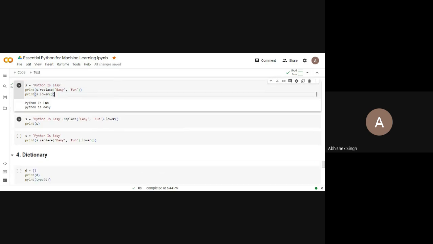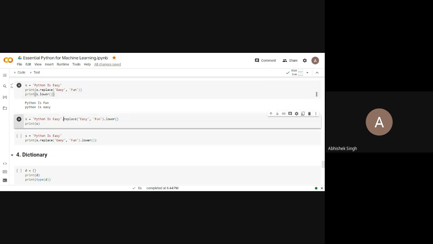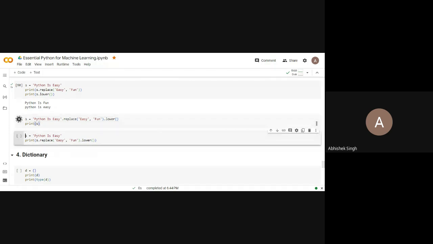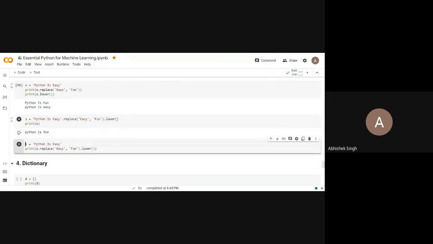So series operation allows you to write the functions in series. You can write functions continuously like this. So Python is easy, then dot replace easy with fun, and then lowercase it in a single line. This is called series operation. So now Python is easy has been replaced with fun, and then it has been converted into lowercase also.